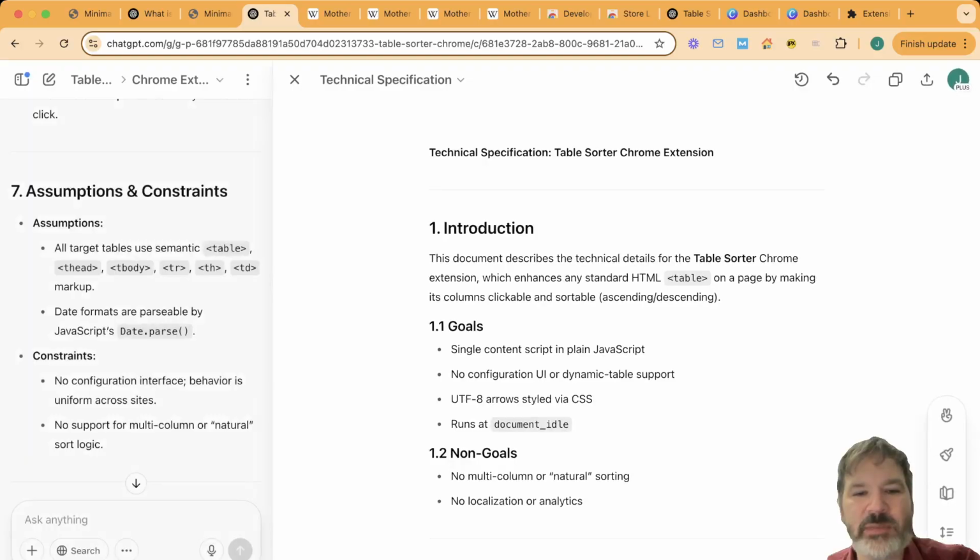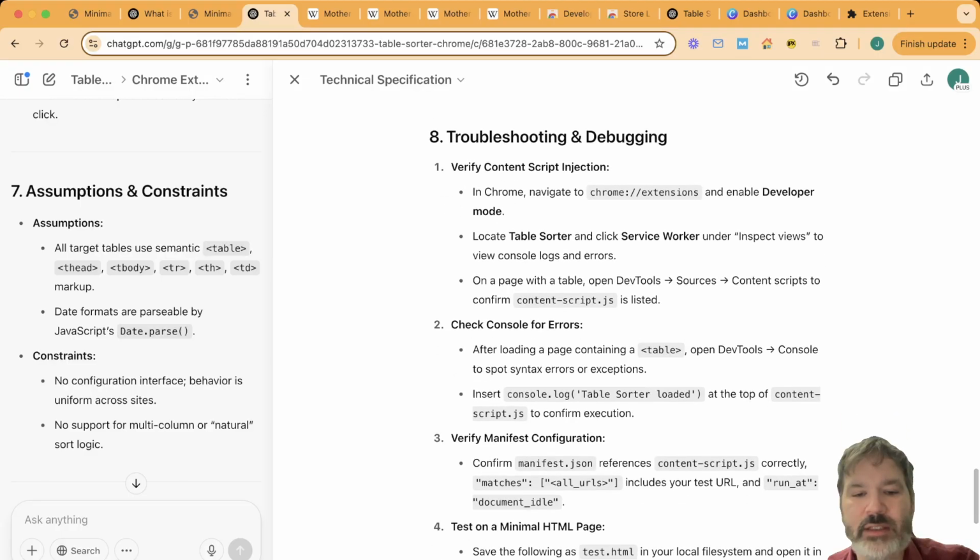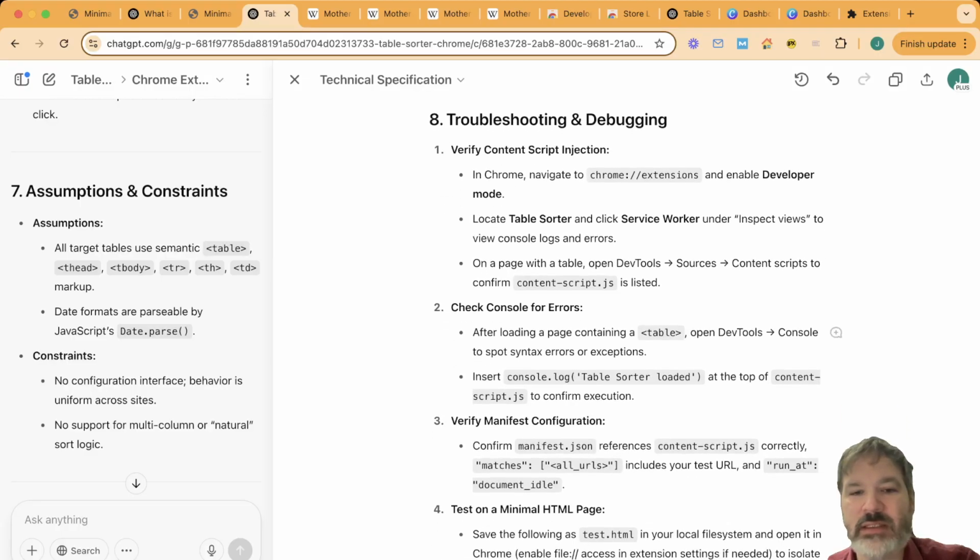So it added to the technical specification that bit you can see about the debugging and the troubleshooting. And some of this is basics that I did know anyway, but again, I was trying to use ChatGPT very heavily, because I don't know that much code, but I didn't want to rely much on me coding much at all. I wanted to see how much ChatGPT could do. But it literally says, after loading a page containing a table, open DevTools console to spot syntax errors or exceptions. It's telling us to insert the console.log. So it's giving me some hints about actually how I can check if things are going wrong and understand it